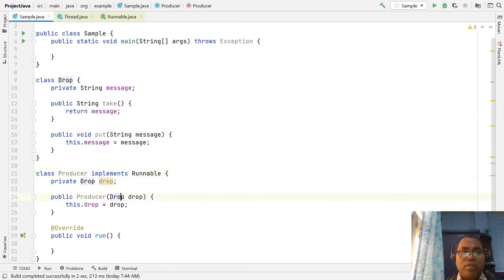This way we have one shared object holding a message: someone puts a message and someone gets the message.